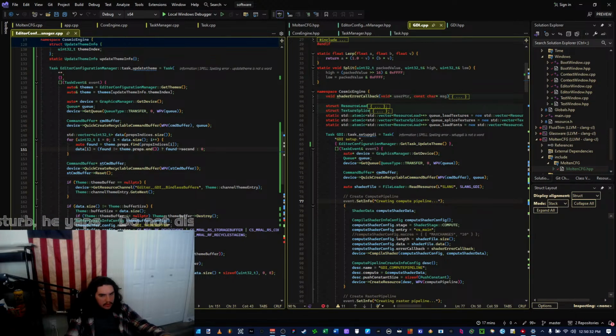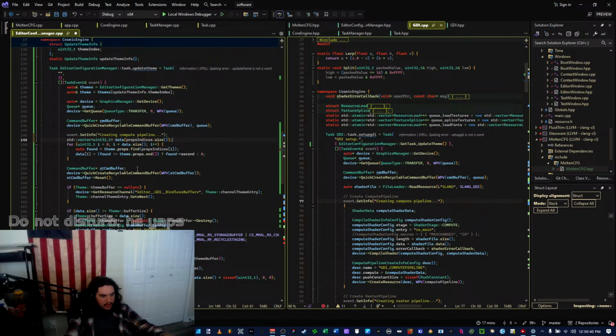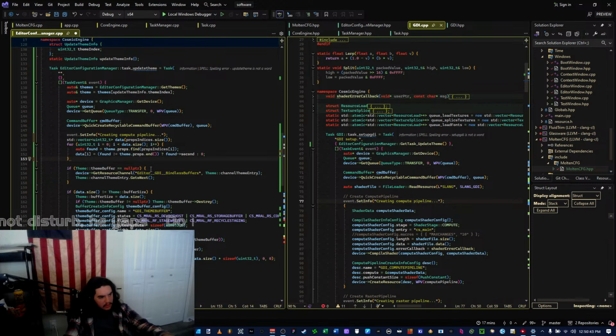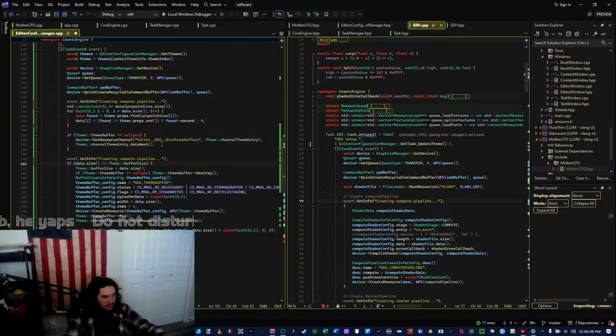And then computing property data. Writing to buffer.